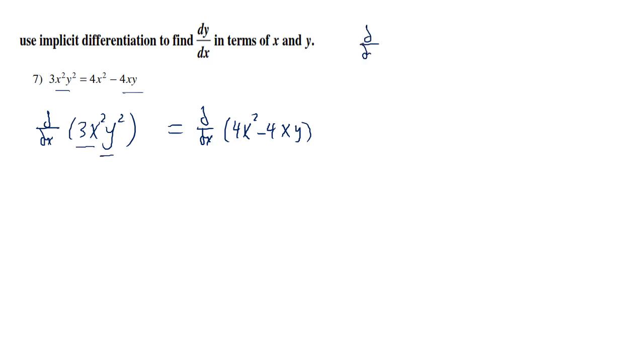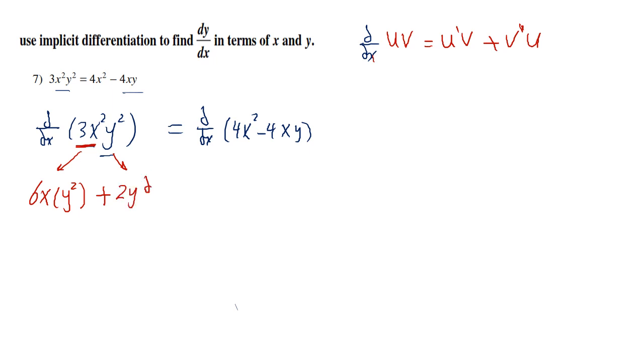d by dx for u times v is equal to u dash v plus v dash u. So the derivative of the first is 6x, multiplied by the second, which is y squared, plus the derivative of the second, which is 2y dy by dx, multiplied by the first, which is 3x squared, is equal. Notice that for any derivative of y,